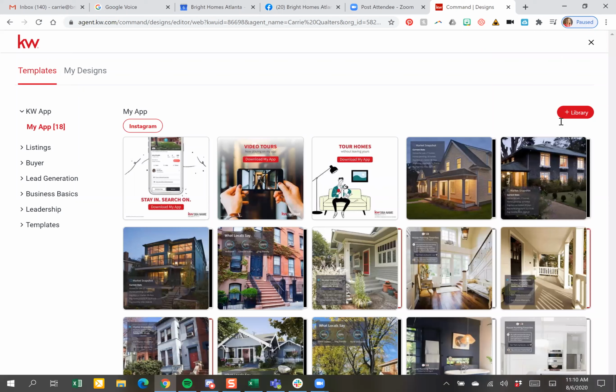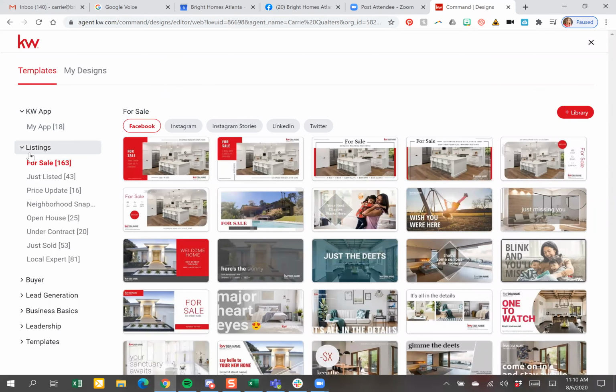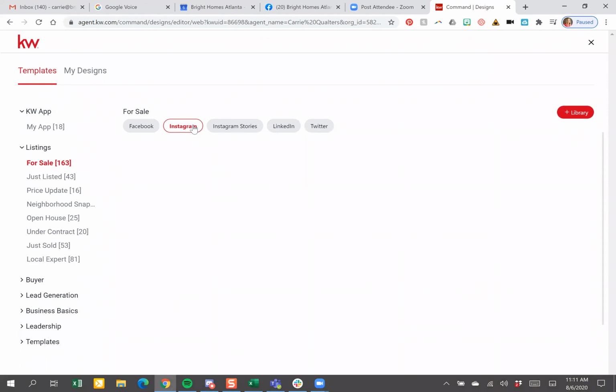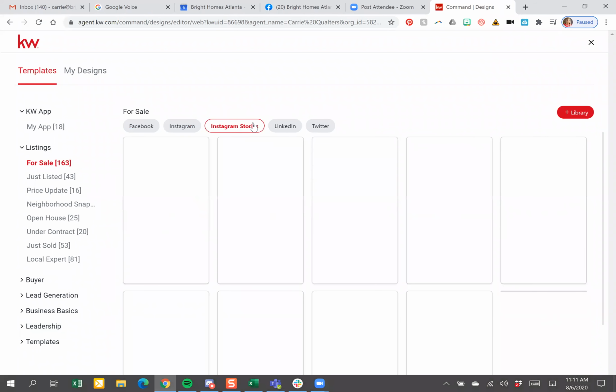Okay, now I get to go pick my template. I've said that I want to do a social media post, so it's going to bring up social media templates, and I want to advertise a listing that is for sale. This menu on the left gives you some different categories, and then across the top you're going to get templates in different formats. These are formatted specifically for Facebook. These are formatted specifically for Instagram, Instagram stories,